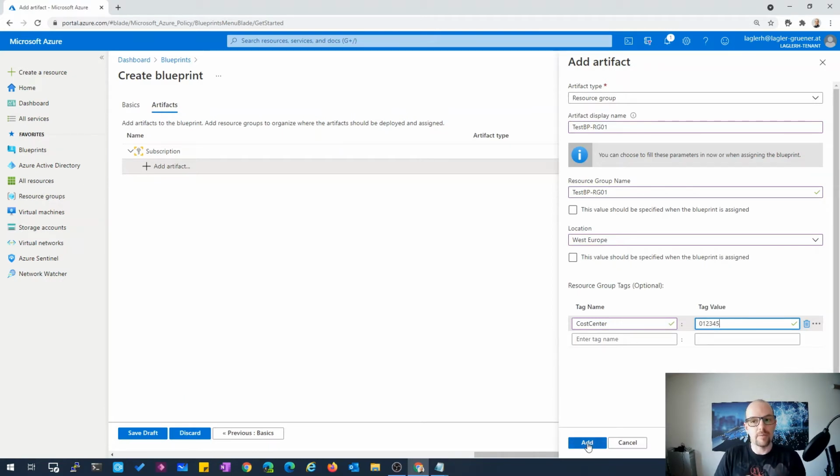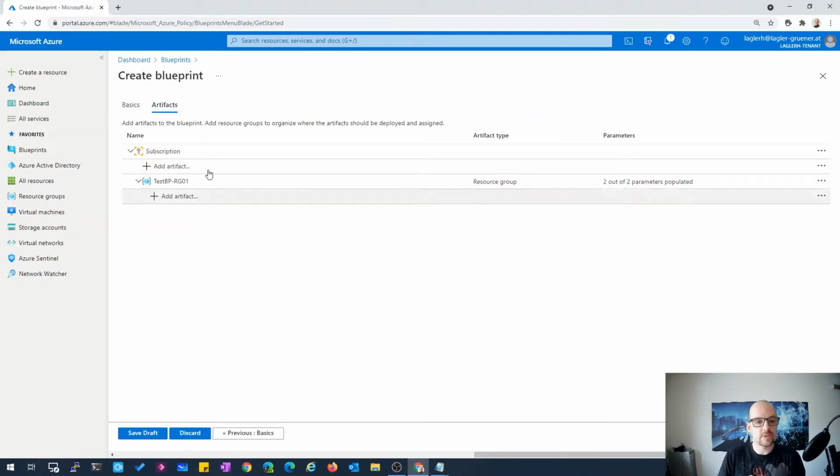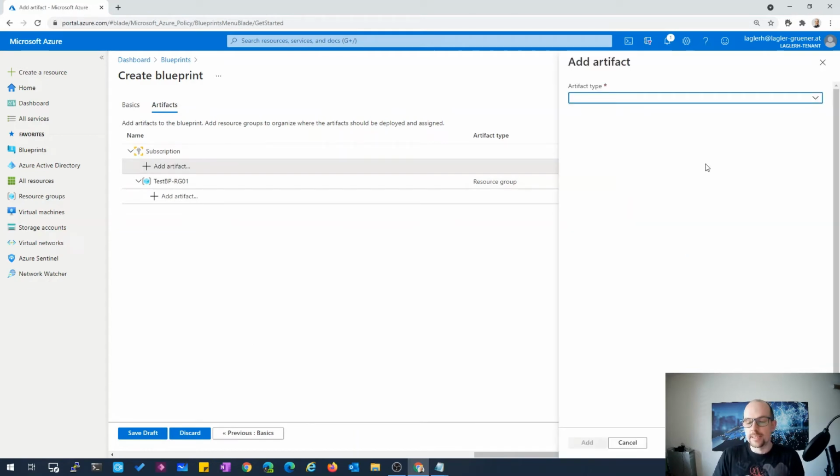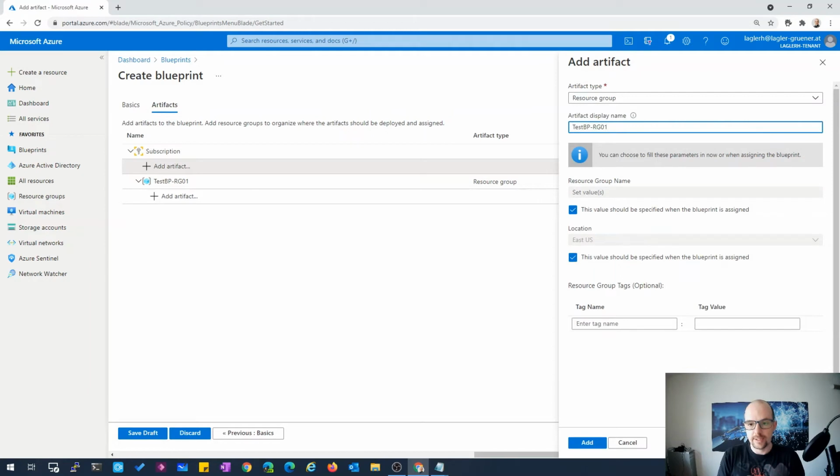Perfect. So now when I'm finished, I click on create, and then I want to create a second resource group too. So in this case, I want to choose a second resource group with a different name. And in this case, I want to choose the name of the resource group during the deployment.